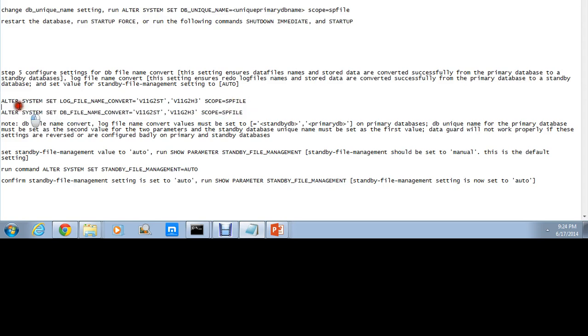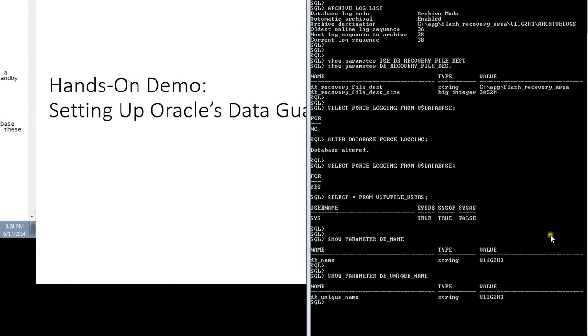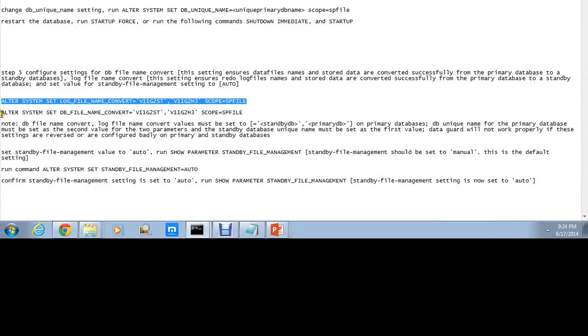So what I'll do is I'm gonna run this command, copy that, come to SQL Plus, paste it, and remember you have to specify a scope. So I'm gonna go with scope for SP file. And again, if you're not familiar with what scope means, basically it means that I have to restart my database for these changes to be applied permanently to my database. So I'm gonna run this command. Okay, so log file name convert, that's fine. Okay, so what I'll do next, I'm gonna run the DB file name convert. So copy this,